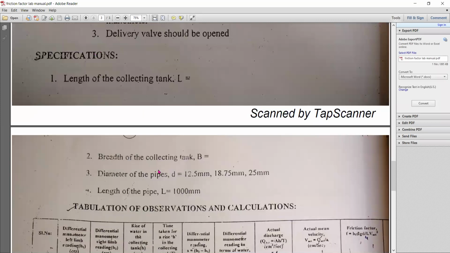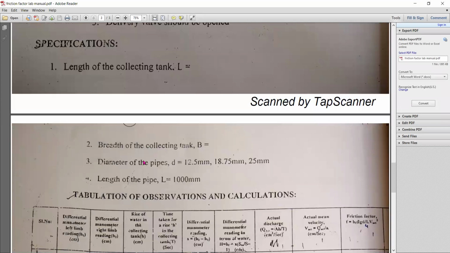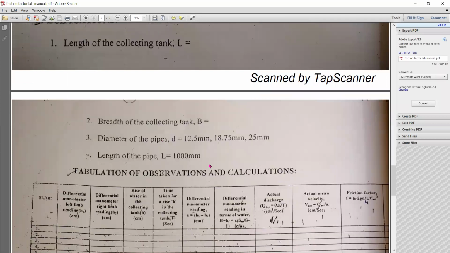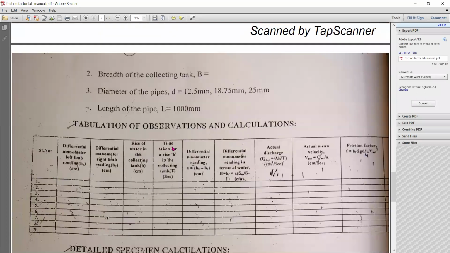Specifications. What are the things we need to know before calculating? Length of the tank, breadth of the collecting tank, diameter of the pipes. So this is the smallest size pipe, second pipe, and third one. We have calculated for the first two only. But this one we have not calculated. Suppose in the exam they give one separately, we need to calculate for this or this or this. Formulas will be common. Only the area value will change because of the diameter. Then you will find the remaining things. Here it is shown in mm, but we are taking centimeters because all other values are in centimeters.